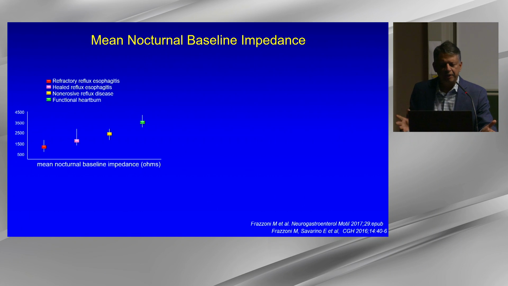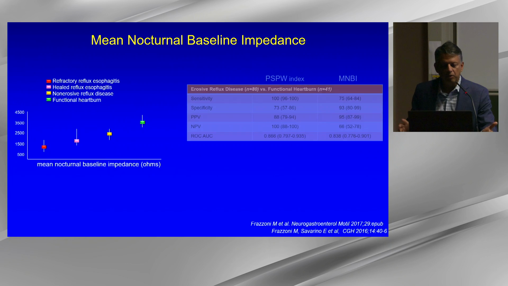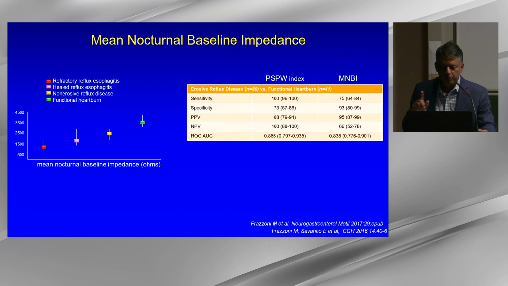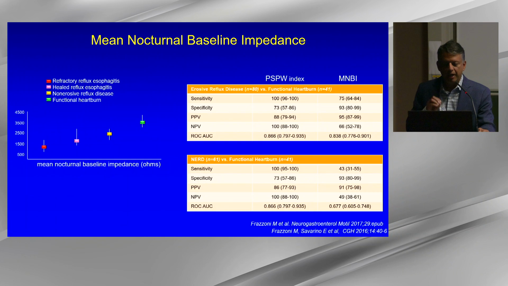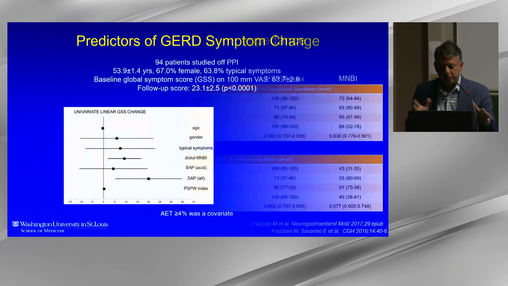But it is fair to say that using mean nocturnal baseline impedance, you can actually phenotype these different reflux syndromes, whether that be refractory reflux or healed reflux, non-erosive reflux disease, or functional heartburn. Now, when you compare erosive disease to functional heartburn, mean nocturnal baseline impedance performs very well, but you don't need that. Erosive reflux disease, you can see on endoscopy. Non-erosive reflux disease, the performance characteristics are a little less robust, with area under the curve of around 0.67. And that's because of the